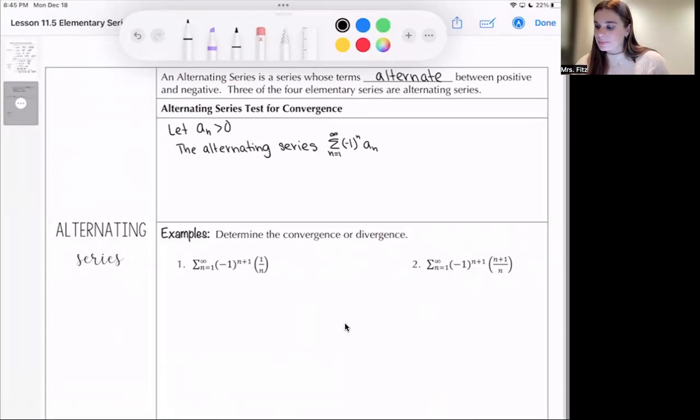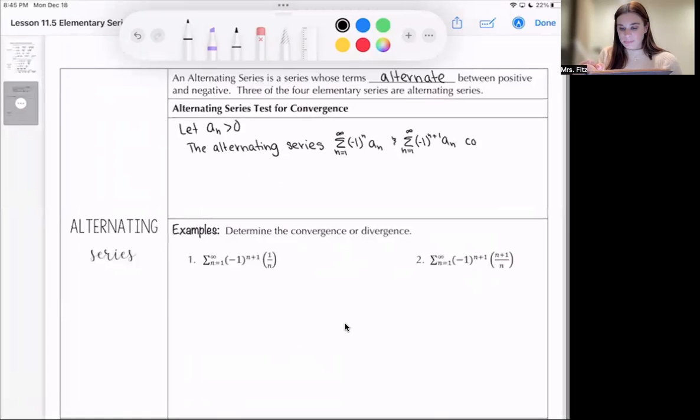And the sum from n equals 1 to infinity of -1 to the n plus 1 of a sub n. So it doesn't matter basically what this is saying if the first term is positive or negative, doesn't matter. Converge